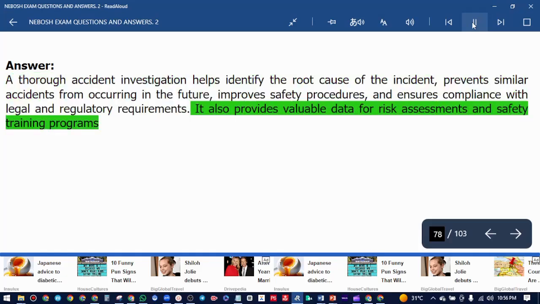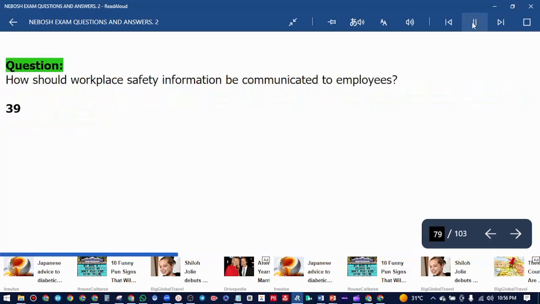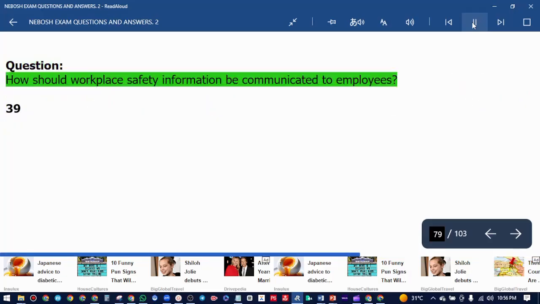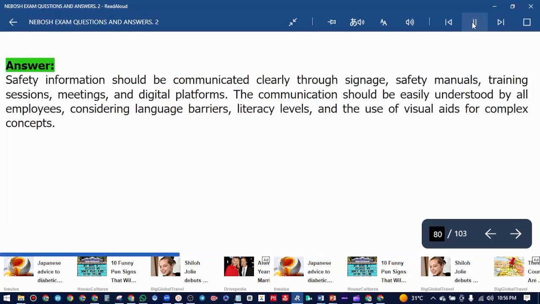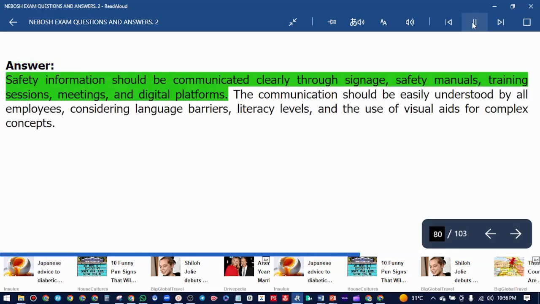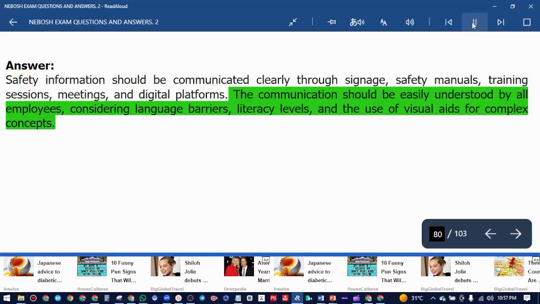It also provides valuable data for risk assessments and safety training programs. Question. How should workplace safety information be communicated to employees? 39. Answer. Safety information should be communicated clearly through signage, safety manuals, training sessions, meetings, and digital platforms. The communication should be easily understood by all employees, considering language barriers, literacy levels, and the use of visual aids